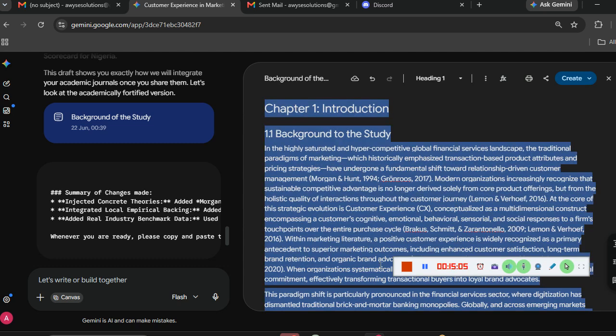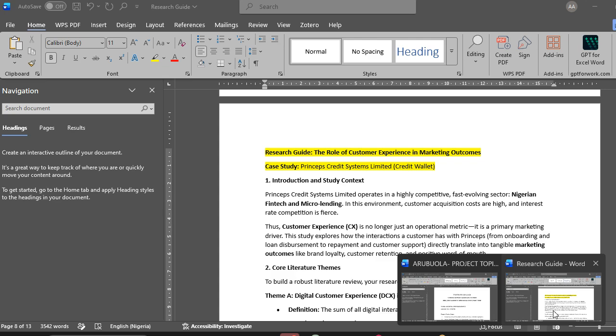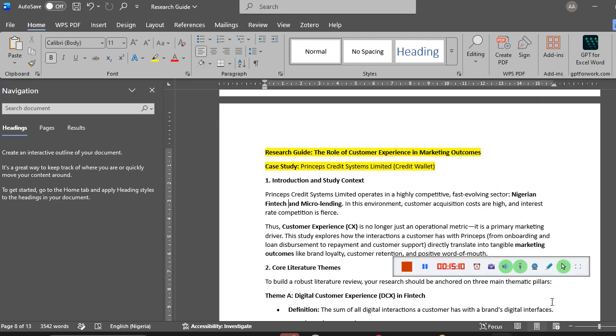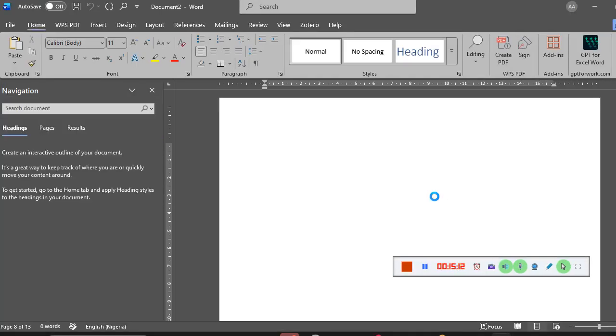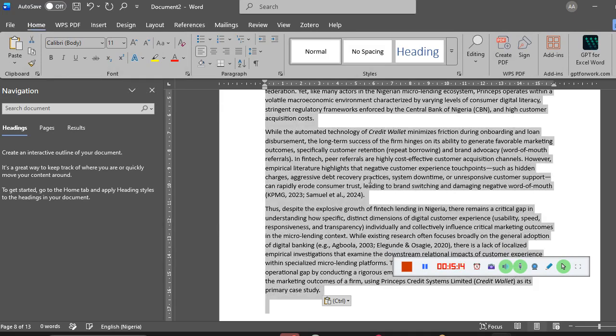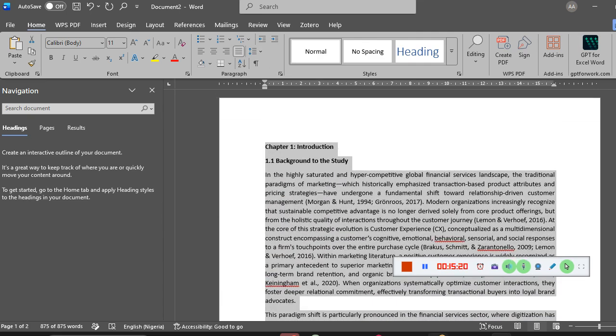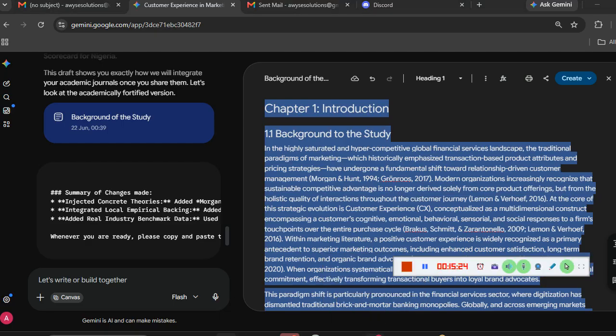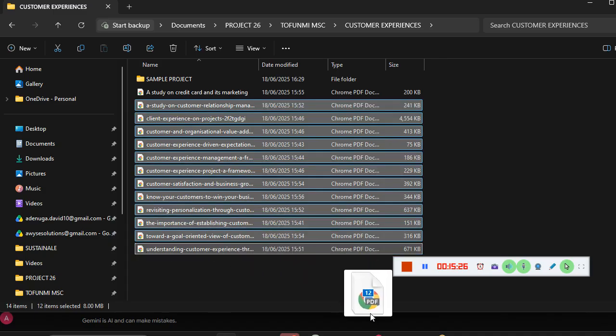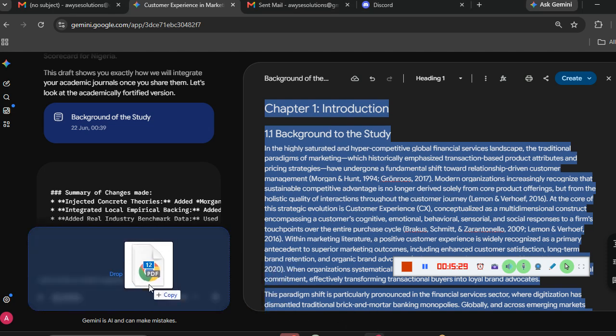This is the one it drafted on its own. I'm going to copy this. Why am I copying it? It might still be very useful for me when I'm going through it, or doing my own editing. So I'm going to drop the journal right away. So yeah, something like this.